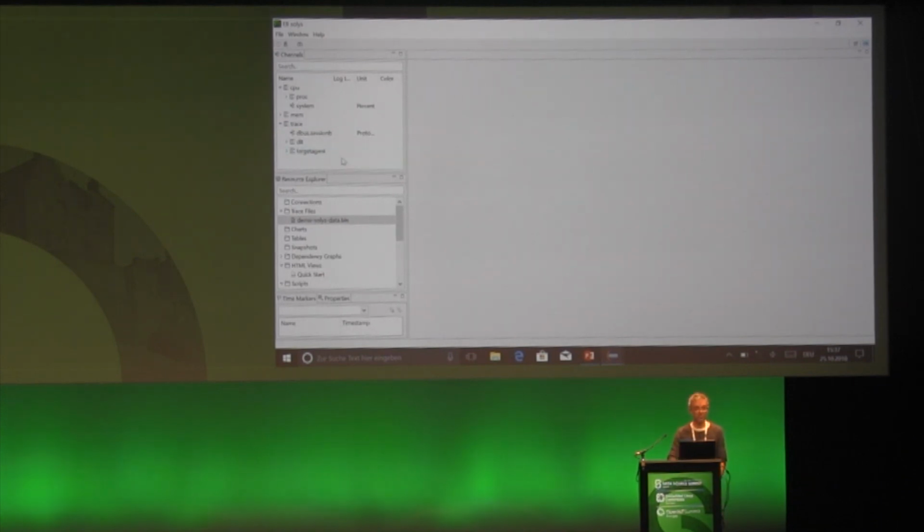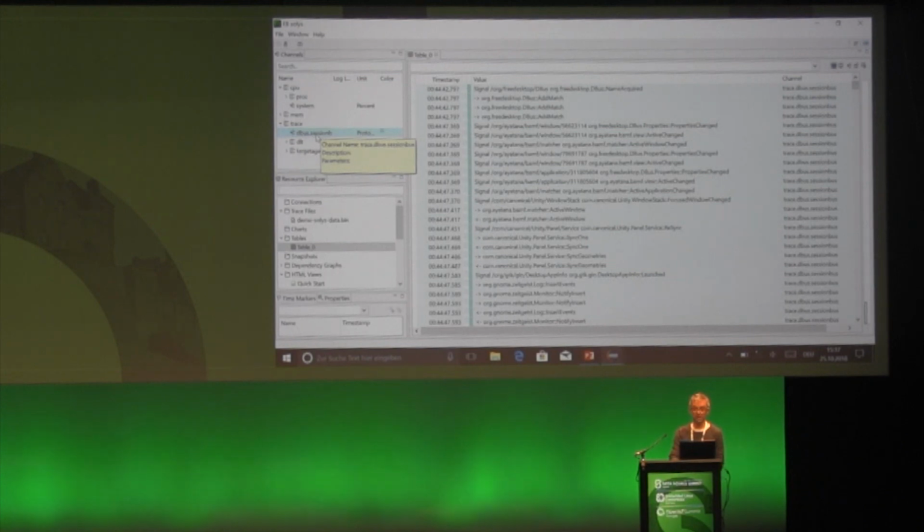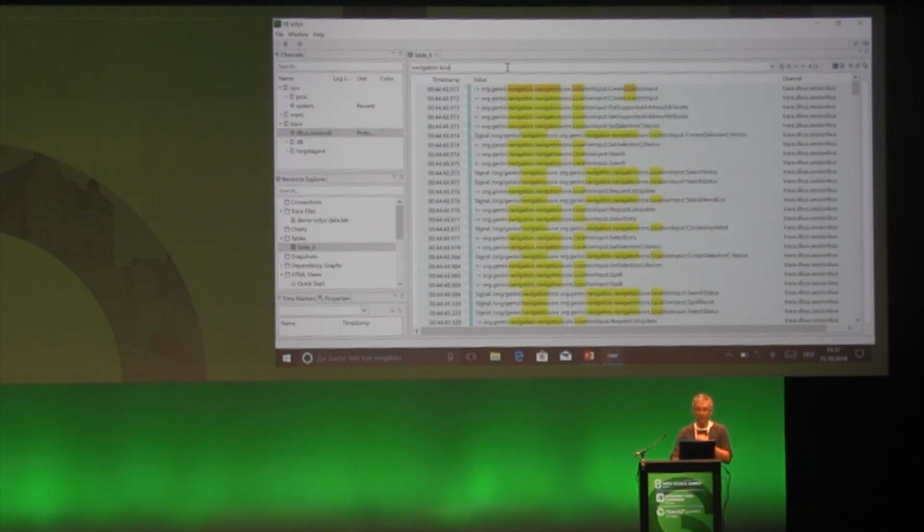So we can, for example, open our debug channel here, and we can see the data exchanged, and we have these usual functions. When I'm interested in, for example, functional information interchange between the HMI and the navigation, where a location input was done, for example, one feature is that we could